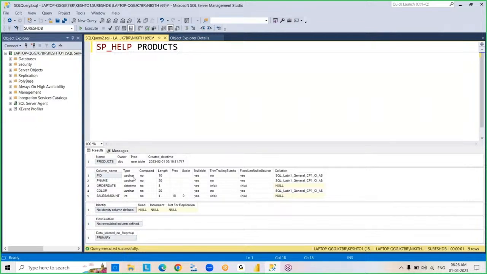Right? So this is the way we alter a table. You create a table in the beginning. After that, you add new columns to the table, drop a column, and change the data type of a column. So different types of operations you performed, right? And so now